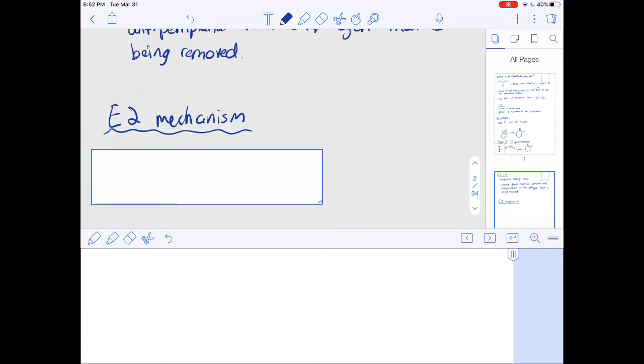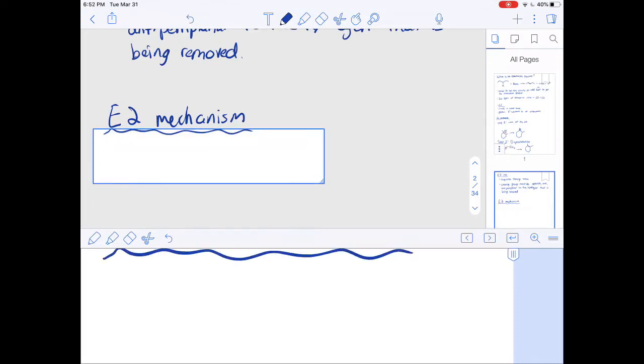Okay, so like I said, you're going to have one step. I'm going to show you the way the substrate is going to look. All right, so here's going to be my strong base, ethoxide, and then my substrate in this case is going to be